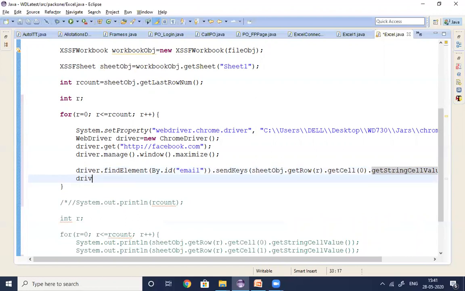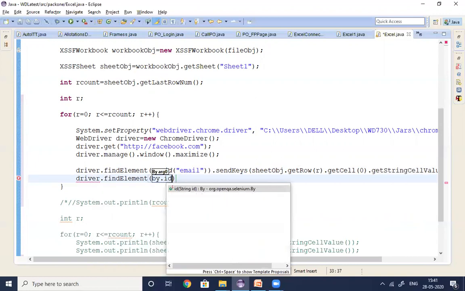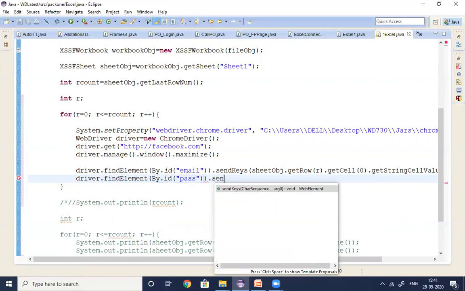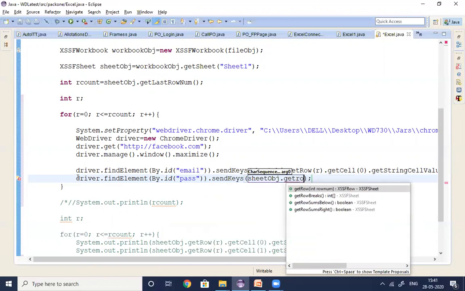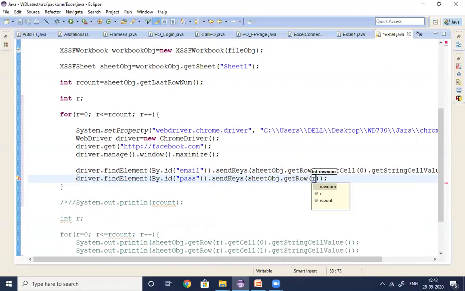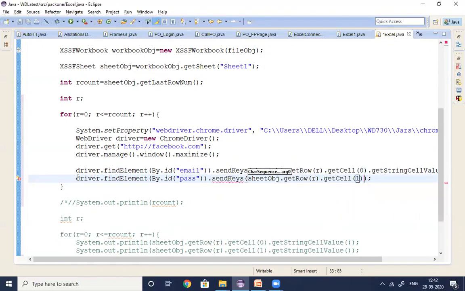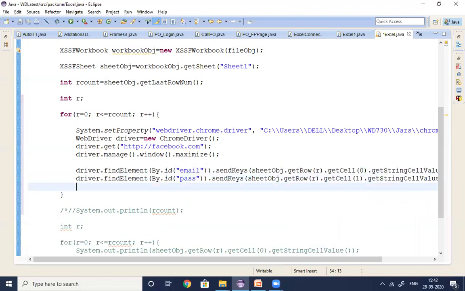Next one, see driver dot, second line, driver dot find element of by dot ID of, what is that? Pass. By dot ID of pass dot send keys. Send keys of what? Sheet object dot get row, sheet object dot get row of R dot get cell of 1, second column dot get string cell value. Understand, guys? Once we pass this email and password into the application from Excel file, I would like to print